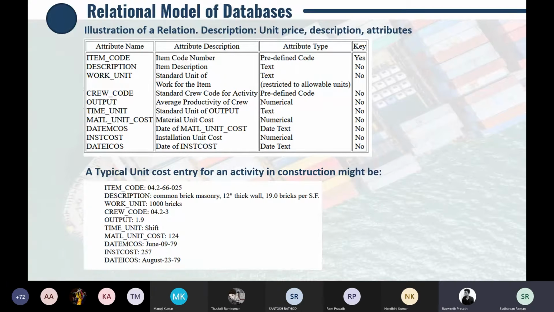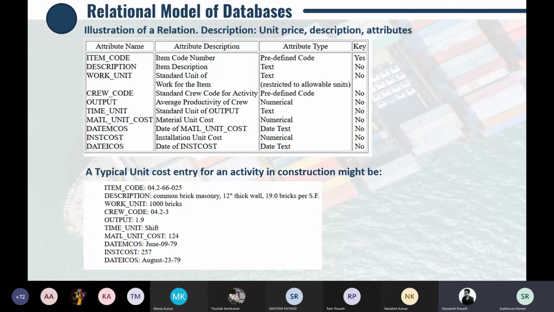So the advantage of a relational database model is that the number of attributes and the rows in each relation can be expanded as desired. If you want, for example in material unit cost, there will be cost of materials of concrete, aggregate, and other ingredients for the concrete.